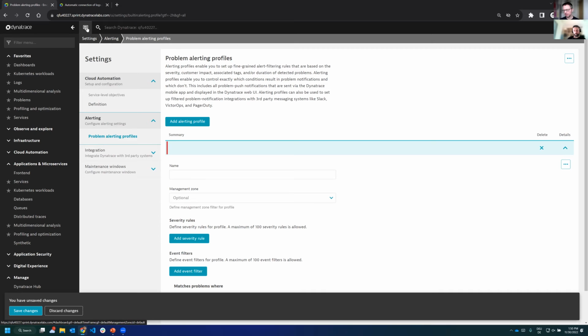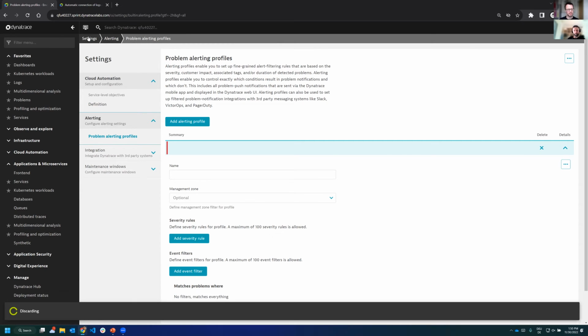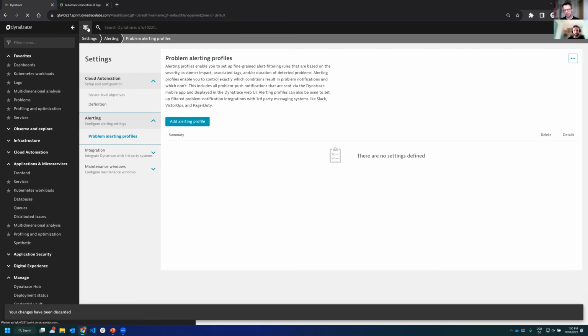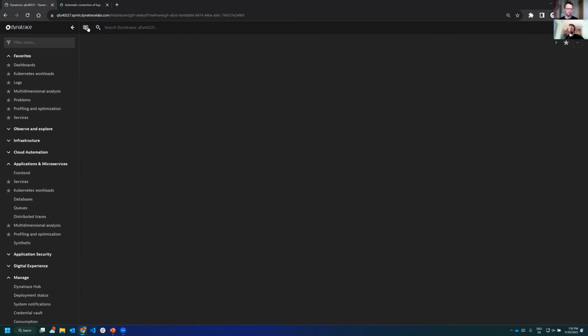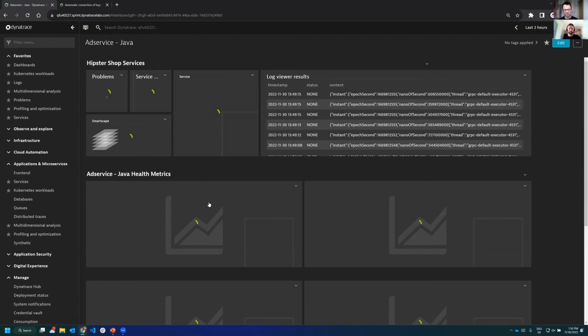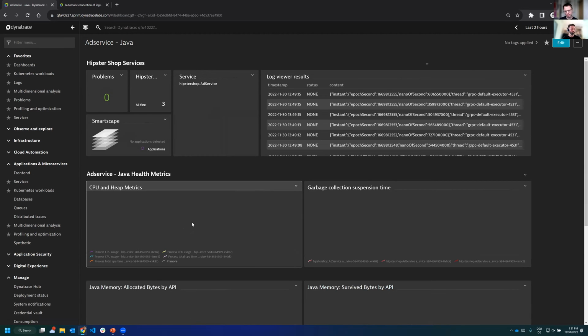But let's go back, because I want to activate now for some specific processes that I'm monitoring some new OneAgent features here. And in that case, they're not in this list because they're not management zone wide, but I want to activate them here for a specific process, especially for the processes where I have some metrics here on my dashboard. And that's quite convenient, because